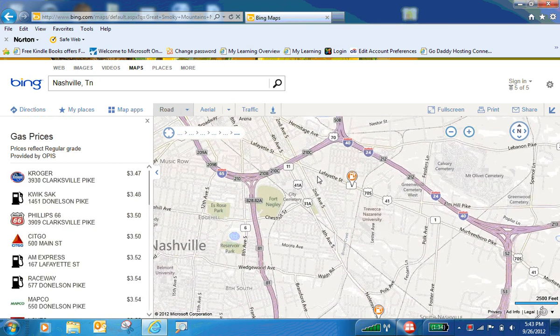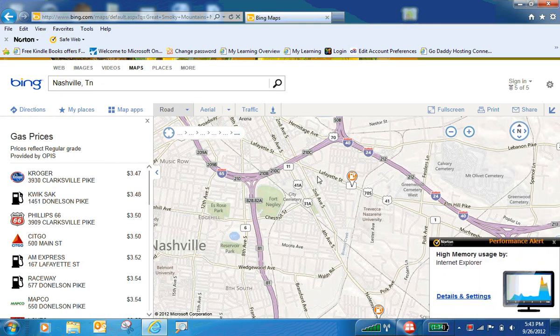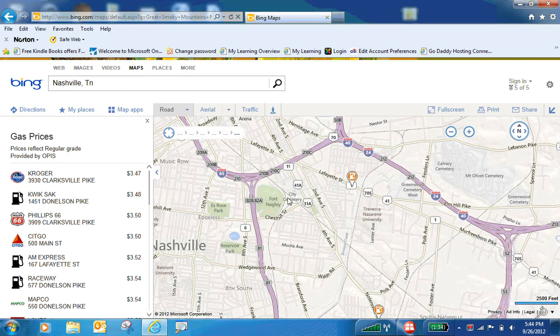So if I was planning a trip, I could actually do this with kids where they could figure out how many places they need to stop to do a trip from one point to another. Great ways to pull in some math by using that. So just be aware as you're going, okay? So when you click through there,